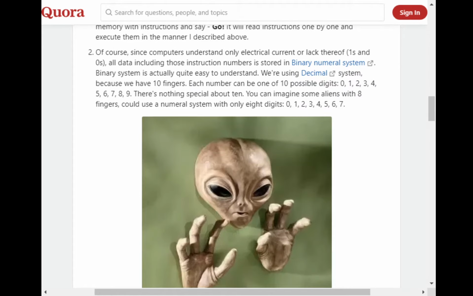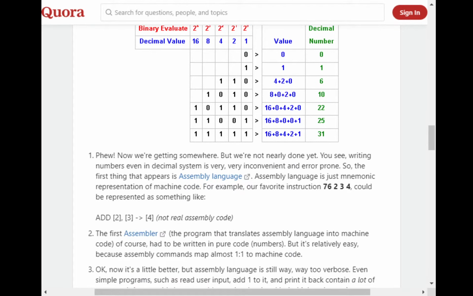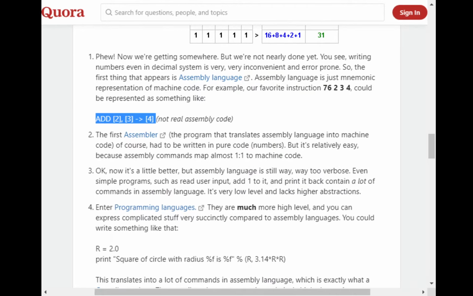and everything is stored in binary. Conversion of binary to decimal kind of looks like this. So writing numbers in a decimal system isn't the way the computers work. It's all done in binary. So we can represent this instruction to add, accumulate, these two values and write to these two registers and write to this register. And something like this in what would be like assembly or a low level language, right?